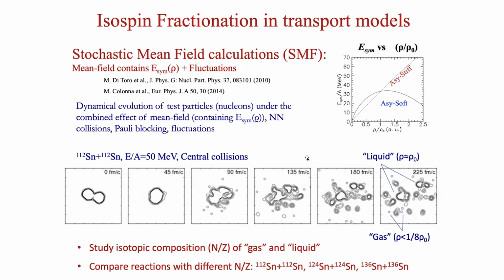symmetry energy. This is a model that has been developed many years ago, and Maria is one of the authors actually of this model. It's stochastic mean field calculations, where you can change the density dependence of the symmetry energy, and you follow the collision between two nuclei, for example, tin-112 on tin-112, a central collision. You see how fragments are formed, and in these calculations, they used to call liquid these big fragments and gas the isolated nucleons, and then see what happens when you compare what happens with different N over Z of the